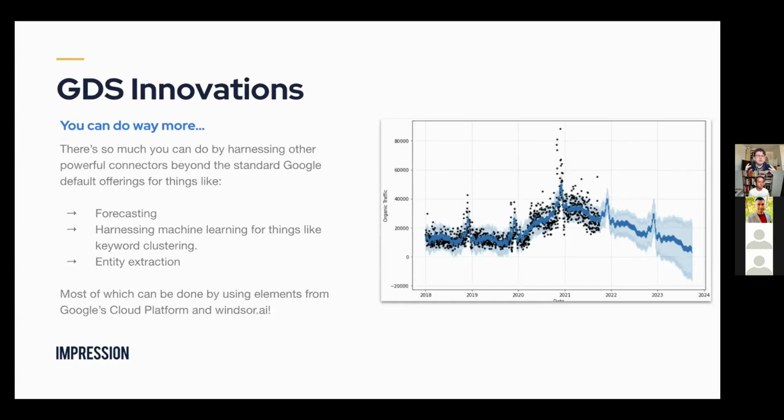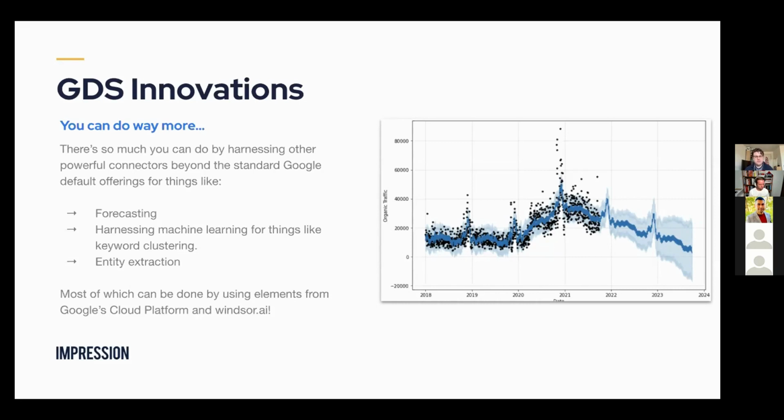Where you can go further is, as the Windsor AI guys say, with the data warehousing stuff. Now, if you do that, there's loads of stuff you can do beyond this. One of my favorite things to do, which I've given an example there, is use forecasting. And you can imagine how cool that is if you do that in real time as well. Well, not in real time, not every day. That's kind of stupid. But if you do it monthly and use different technologies to do that,